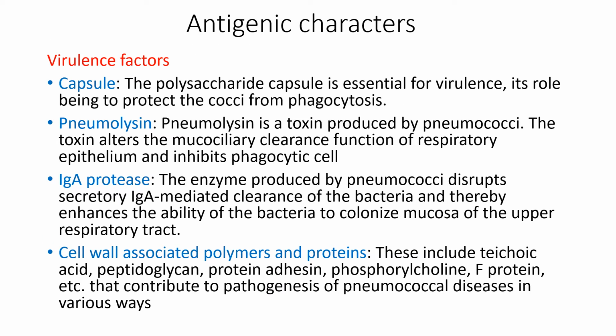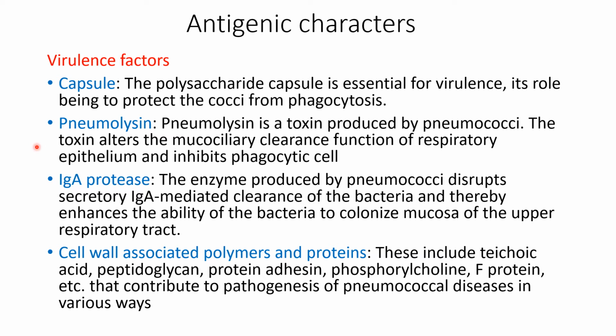What are the different types of antigens present in this organism? The antigens that I mentioned, you can also call them virulence factors, because they help the pathogen to establish the infection in the respiratory tract. The first among them is the capsule. This capsule is a polysaccharide substance, and it mainly protects the pathogen from phagocytosis in the environment where it establishes the infection, especially in the upper respiratory tract where it first causes the infection. The capsule of this organism protects it from phagocytosis.